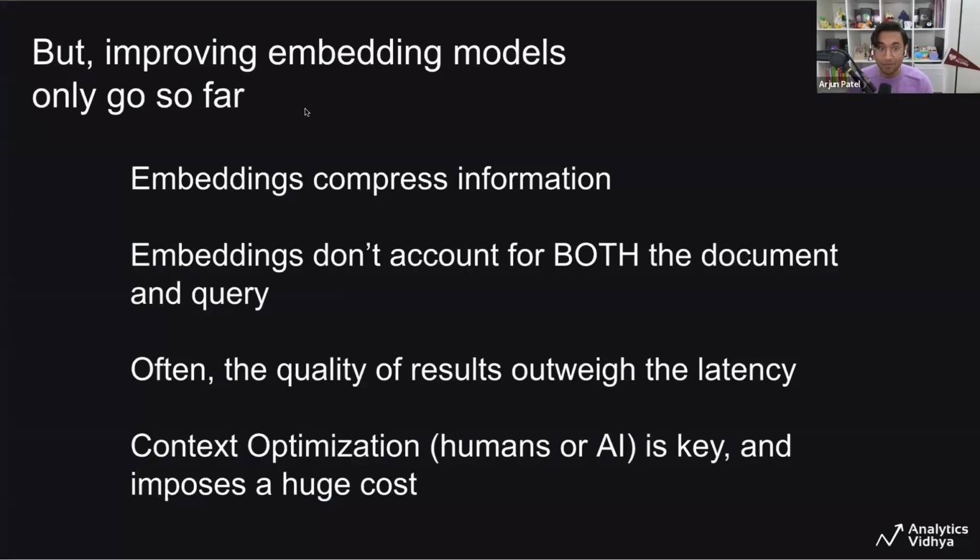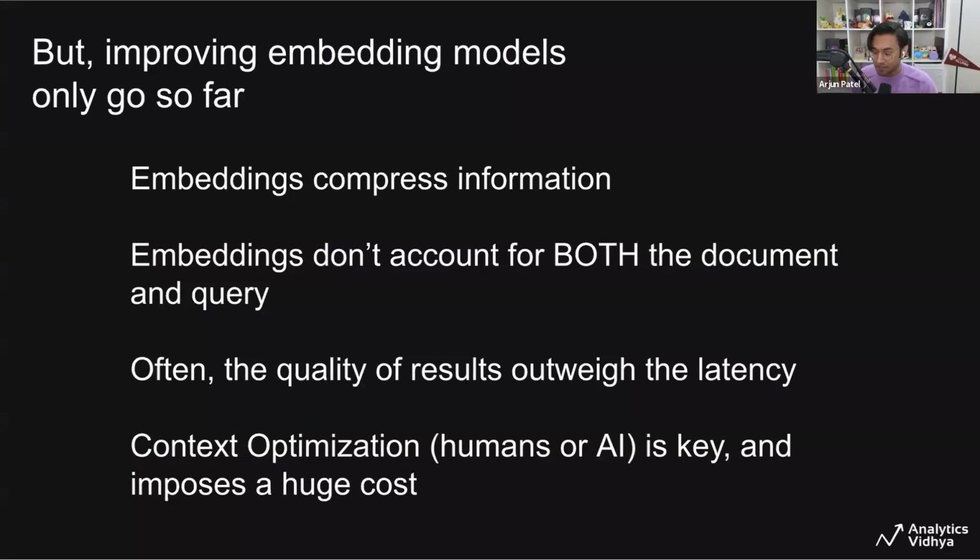But improving these types of embeddings only goes so far. And the reason for that is because embeddings fundamentally compress information. You're going to lose some aspect of the information of the query and the document using an embedding model, no matter what you do. What's also interesting is that embeddings actually don't take into account all of the documents in the corpus. They're independent. Right? You have one model that encodes these things separately, and then you're trying to find similarity. But it would be really great if we could actually encode the input query and the document together in the same context to understand how they interact with one another.